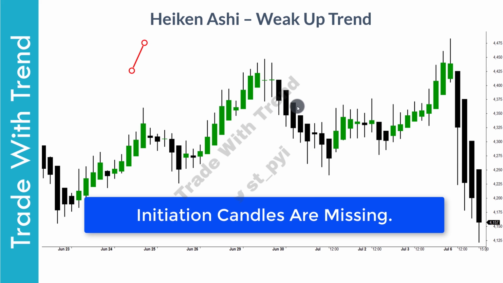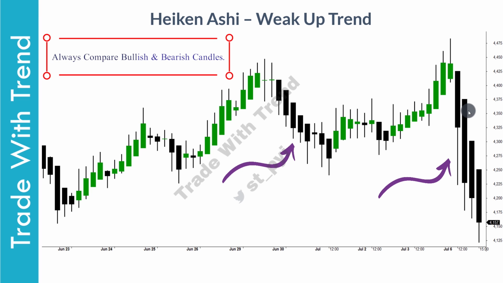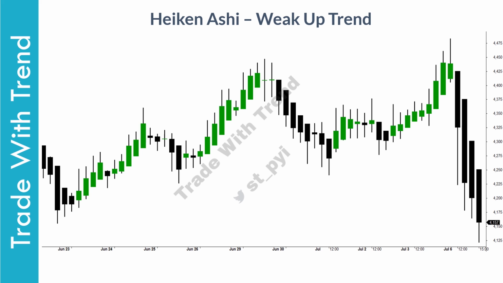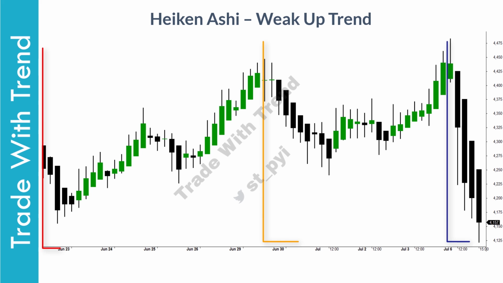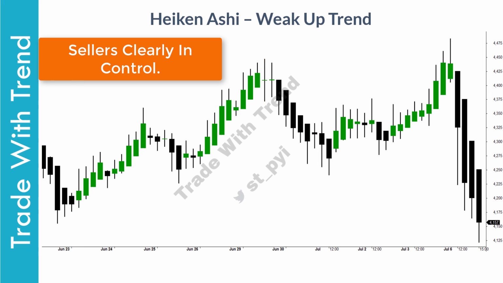If you look at all the bearish Icon SE candles on this chart, look at their respective range. All these candles that you see are much stronger than bullish Icon SE candles on this chart. Now, relative comparison of bullish and bearish candles is one more way to determine who remains in control in market. And this is something you should practice quite often. As a rule of thumb, if you see price moving up and absence of initiation candles within that up move, then always suspect the underlying trend.